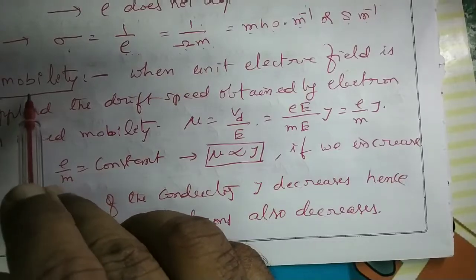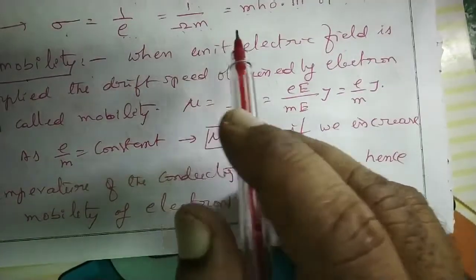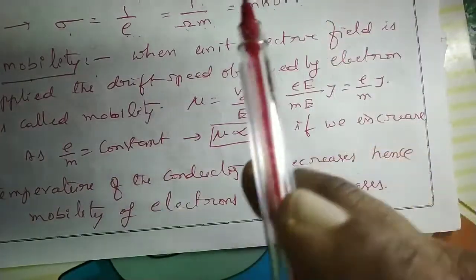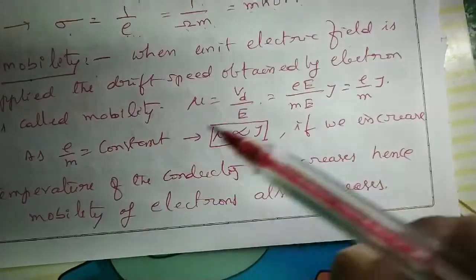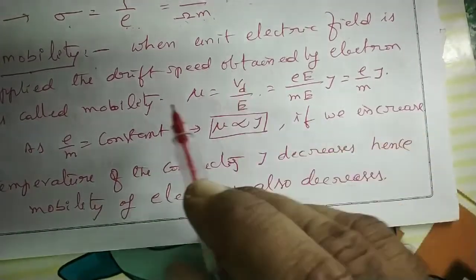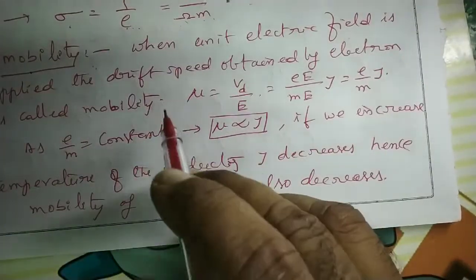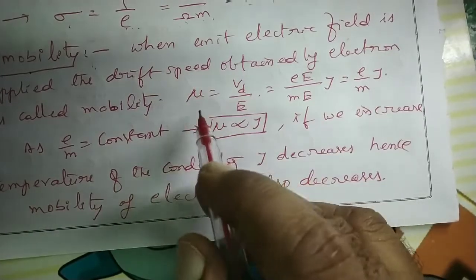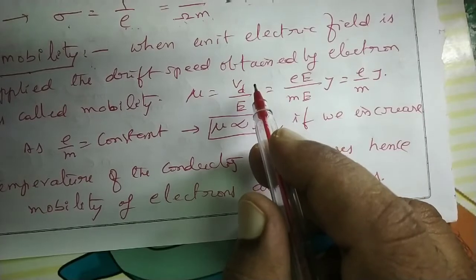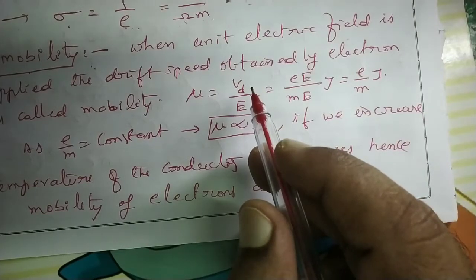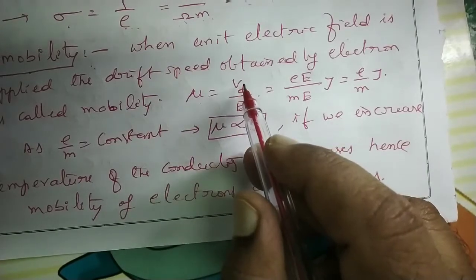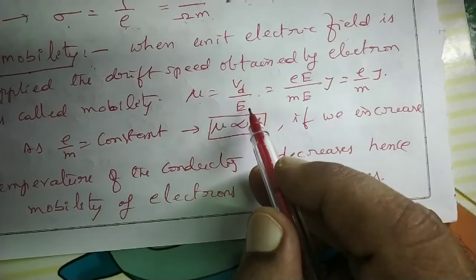And one more quantity, mobility. Mobility means what? We know for every conductor, if you apply potential difference, current will be formed. Because what is happening, the potential difference forms an electric field. The electric field makes the electrons drift. If electrons drift, means what? Charge is moving. That is called electric current. Then we have to define mobility. Mobility of an electron is defined as how much drift speed that electron gets if you apply unit electric field. Or, to say it directly, mobility is defined as the ratio of drift speed to the electric field applied.